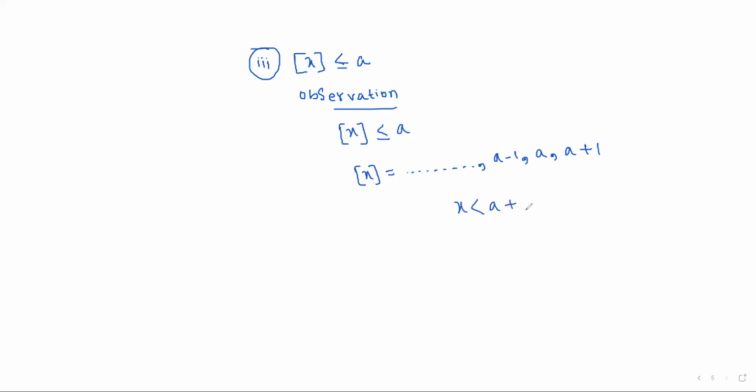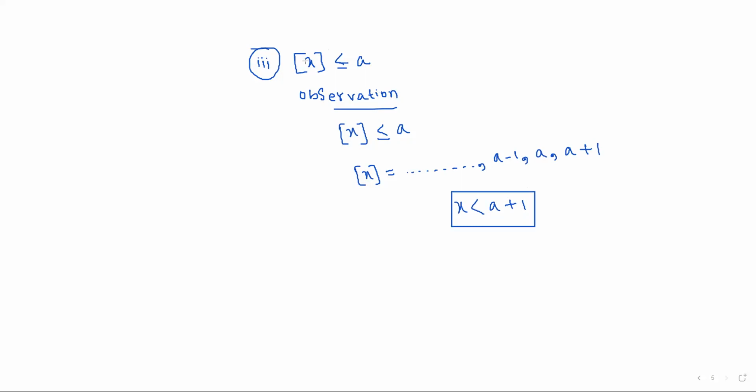अब देखो, ऑब्जर्वेशन देखो, अब ग्रेटेस्ट इंटीजर फंक्शन ऑफ x लेस देन इक्वल टू a बोल रहा है। तो अब यहां से तो क्लियर है बेटा कि अब निगेटिव वैल्यू आते चले जाएगा, मतलब लेट्स से a माइनस वन और a और a प्लस वन, यही तक जा सकता है बेटा। तो फाइनली बेटा x हो जाएगा लेस देन a प्लस वन। तो सिंपल एक्सप्लेनेशन बेटा, जस्ट अंडरस्टैंड द थिंग्स प्रॉपरली।